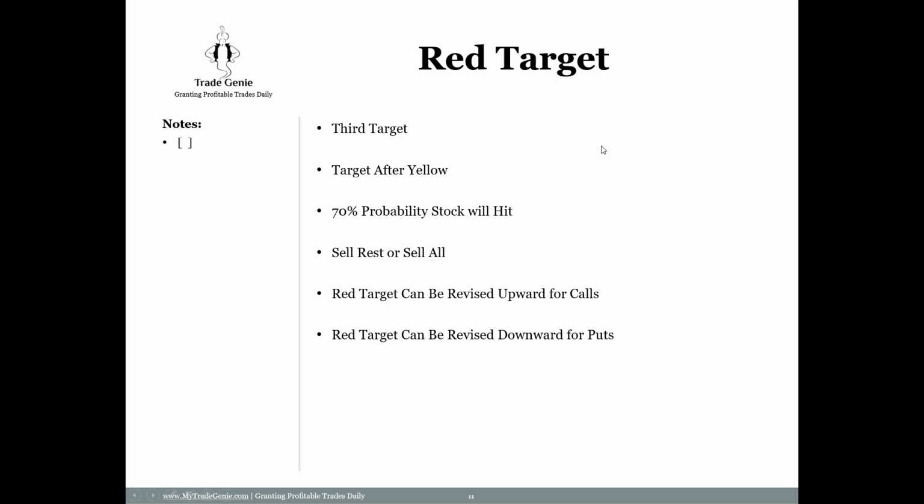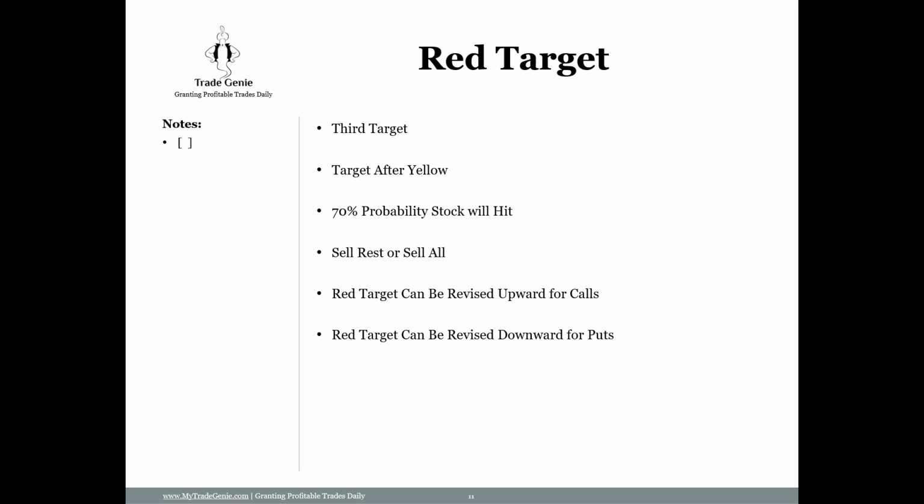And then when the red is hitting, I send the alert to sell the rest. So it means we sold half or the majority of it before at yellow, and now we are closing the position. Sometimes when the market is going through the red, it's like going through a traffic light, and you got lucky. You didn't hit anyone, and you are on the other side of the traffic signal. And then there is nobody, because you were maybe the first one, or the road is clear.